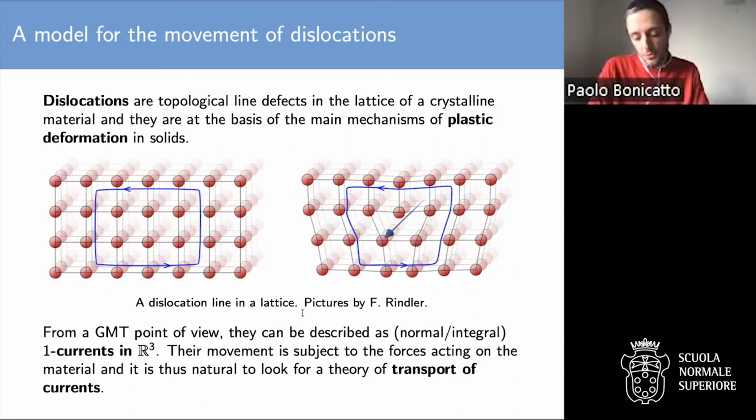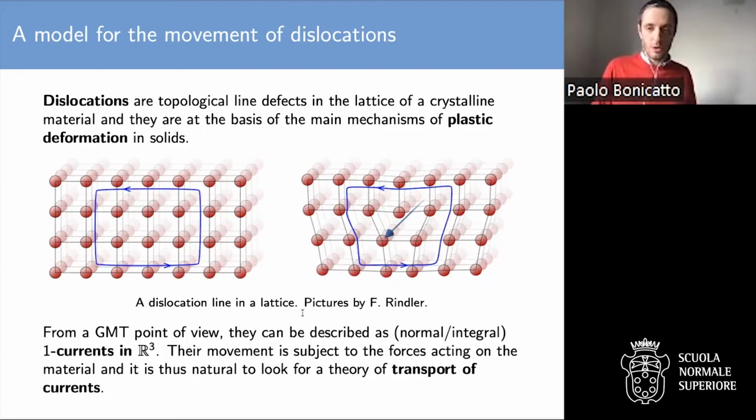Of course, people have been trying to understand and formalize dislocations at a mathematical level for quite some time now, and with an increasing level of sophistication. And nowadays, one of the possibilities, which is rather common, is to model dislocations using geometric measure theory, and more specifically using one-integral currents. You will see in a moment that one-integral currents are, roughly speaking, geometric one-dimensional objects.